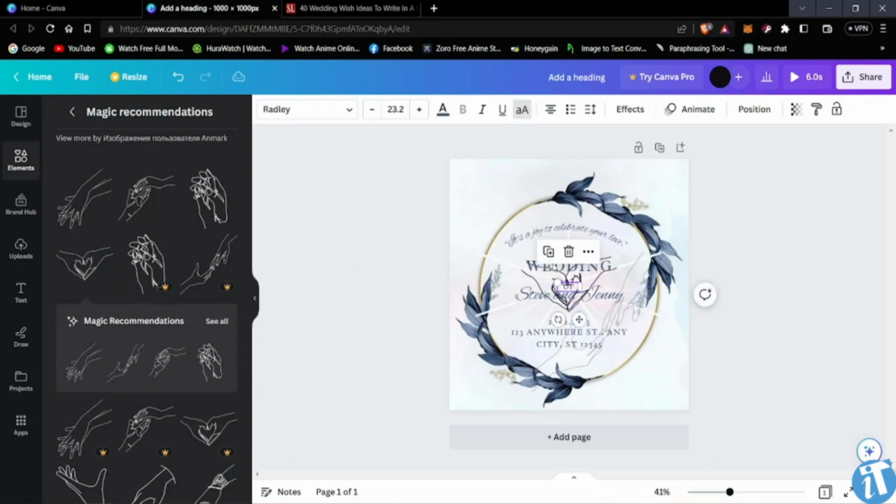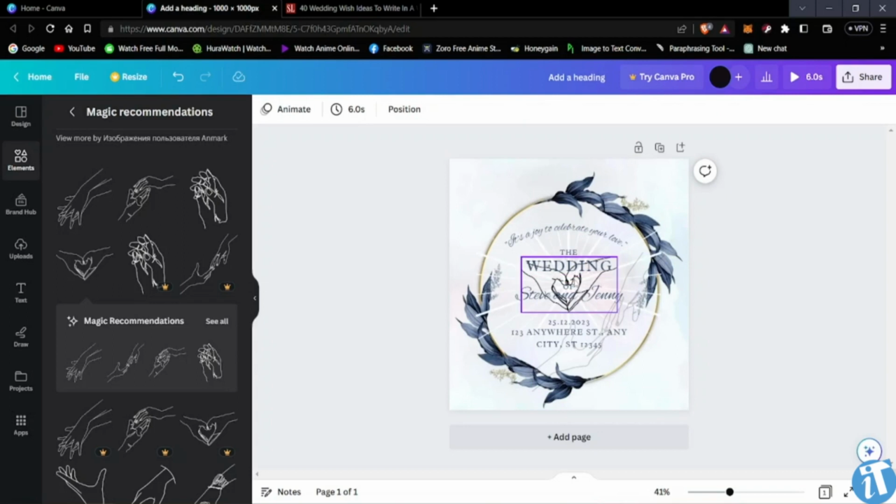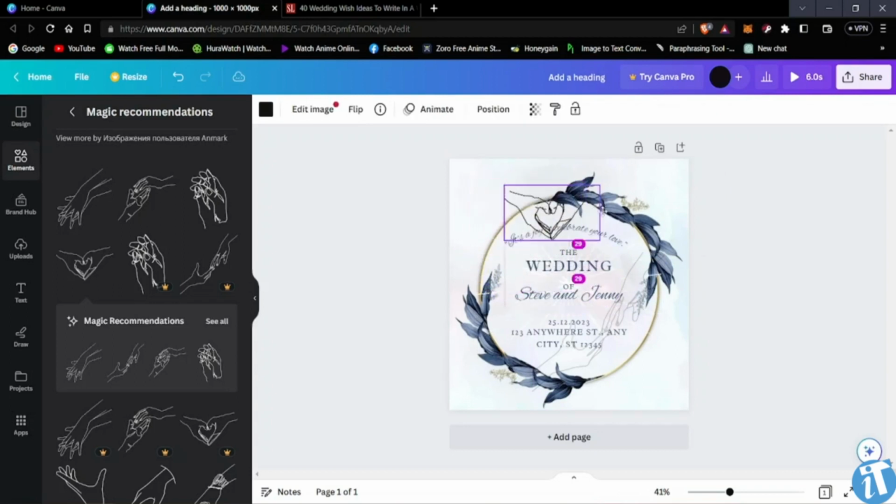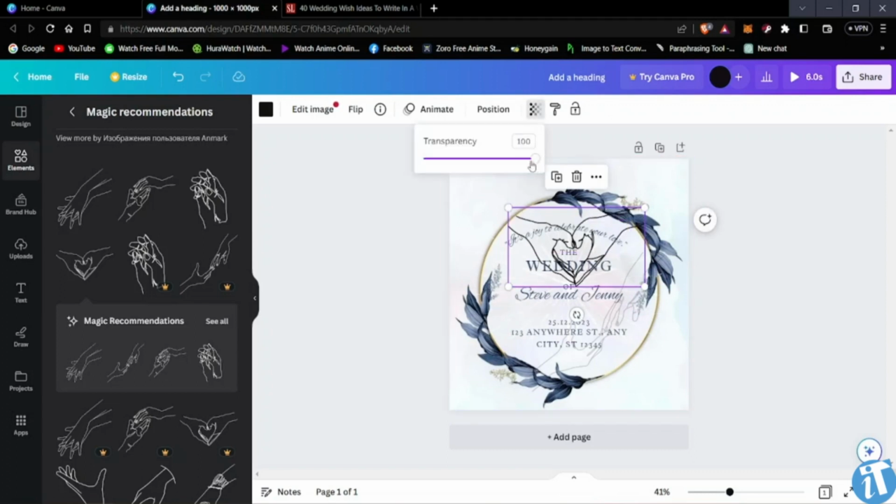Just select this one and then move it over here, and we're going to place it right over here. Okay, and now we're going to adjust the size, and then drag it again, and now we're going to set the transparency enough so that people can view the text. Okay, maybe a bit more. Okay,